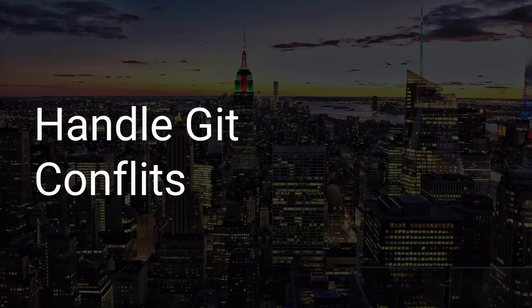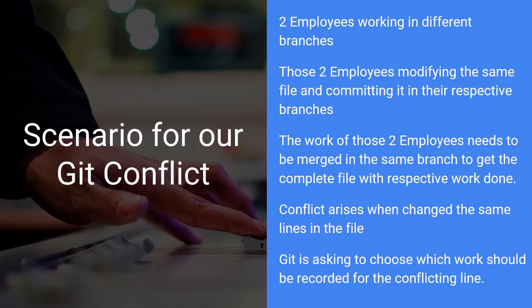Handle git conflicts. So from here we're going to see some conflicts. So let's say we have a scenario of two employees in different branches. So those employees, they're modifying the same file. They're working on the same file basically, and they're working in the branches. So at least one is working in his own branch, and they try to do the commit. You know, when you're done with your work, you do a commit. When you're in another branch, you merge your work, and after you do the commit, the conflict arises